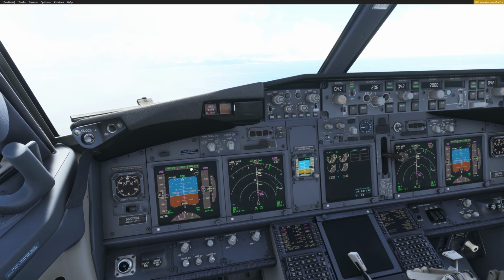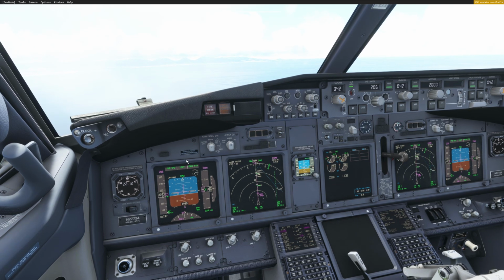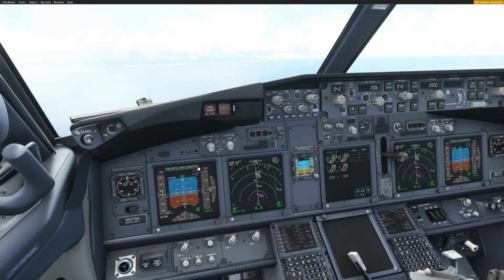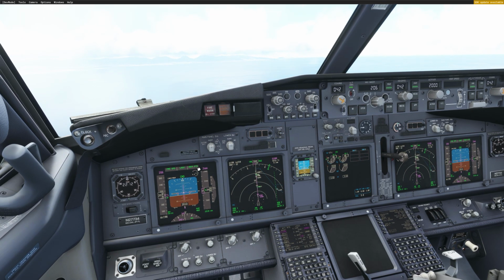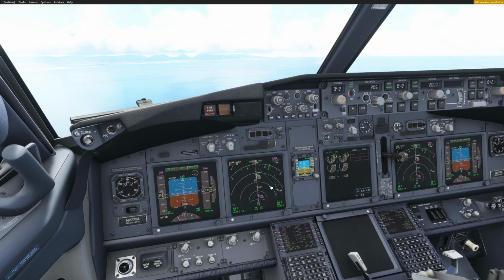Now you can see this is very important to see that information right here, VNAV path. If you don't see VNAV path there, nothing's gonna happen, believe me. And we see that a lot in the simulator. If you see VNAV alt, if you see hold, your aircraft is not gonna start descent. So make sure you see VNAV path,